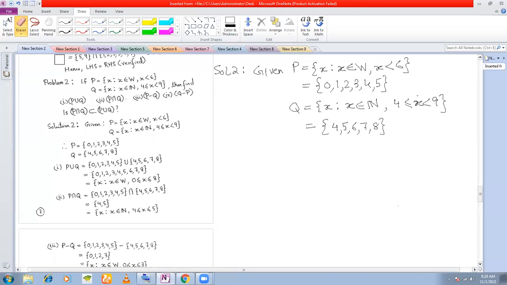Always remember. So once we have written P and Q in tabular form, we'll now start answering the questions. First question is find P union Q. P union Q is